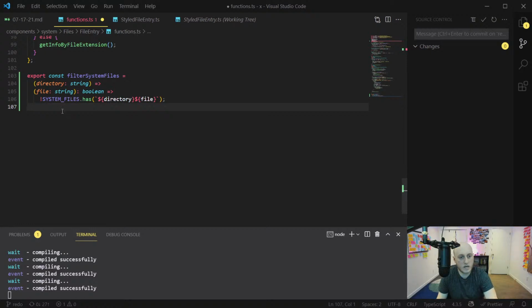It's going to be another set. So this is the set of files. If it has this file, then filter it. Then return true or false or whatever it is that filters it. False in this case, I guess. That's all there is to it. You pass the directory as a curried function parameter argument, and then file is what gets passed to the filter